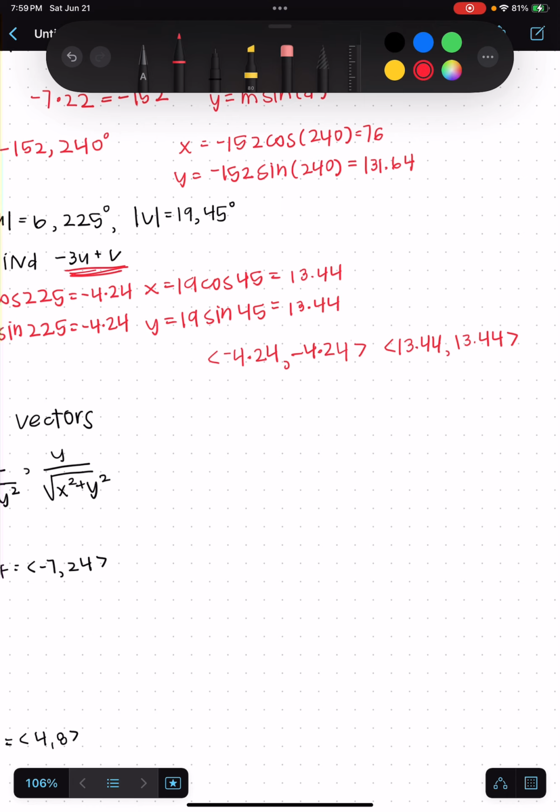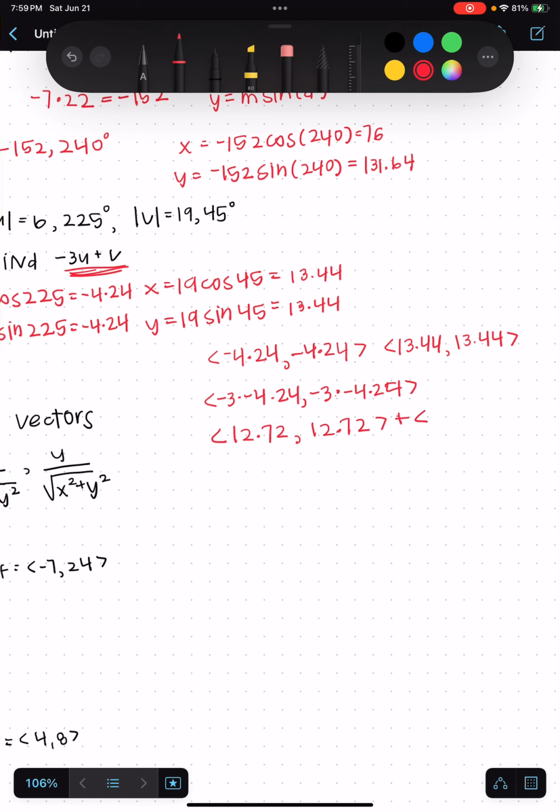So now I have to multiply the first one by negative 3. So I'm going to do negative 3 times negative 4.24 comma negative 3 times negative 4.24. Oh, I keep on writing a 5. And then when I do that, negative 3 times negative 4.24 gives me 12.72. So I'm going to have 12.72 comma 12.72